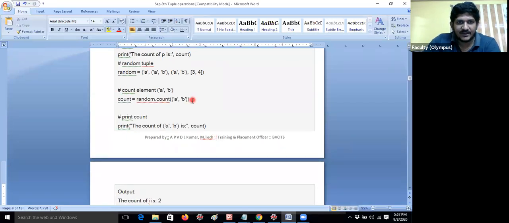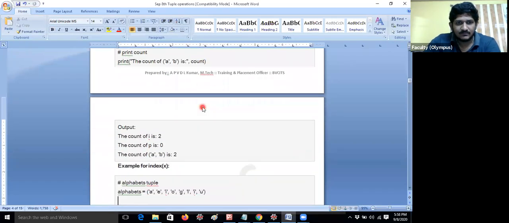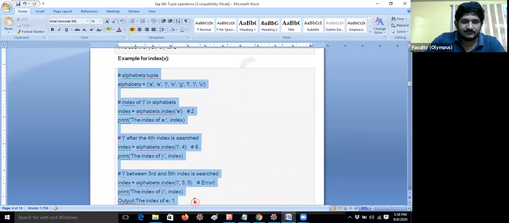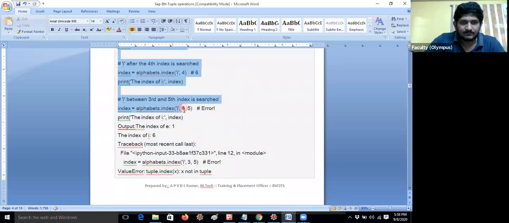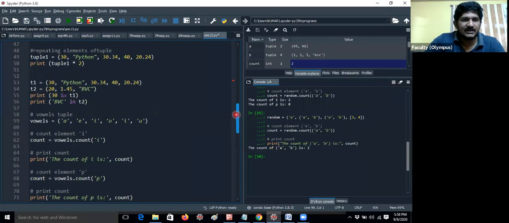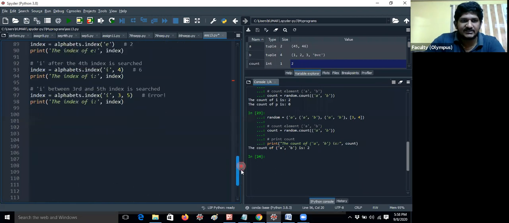In the same way you can find out the elements individually. Next, coming to the index method. First let me take an example here. I think everyone knows, for example, t1 equal to 30, this is called the 0th index. This is the 1st index, this is the second index, this is the third index, this is the fourth index. Okay, I think everybody knows what an index is.